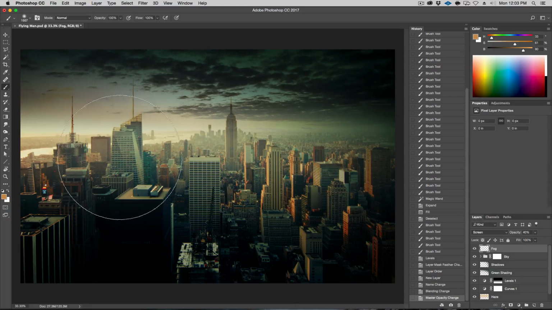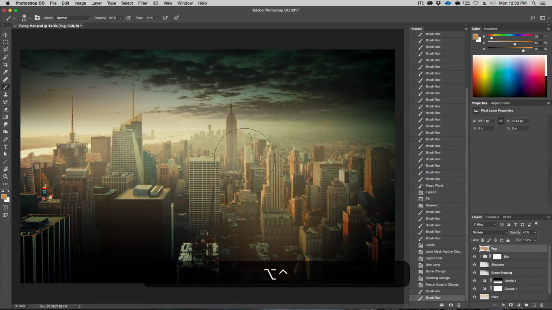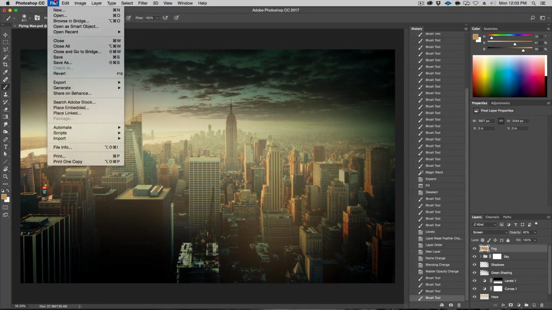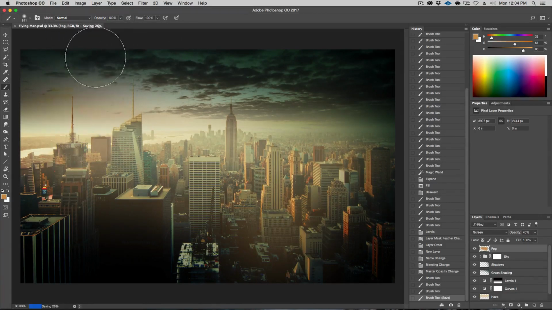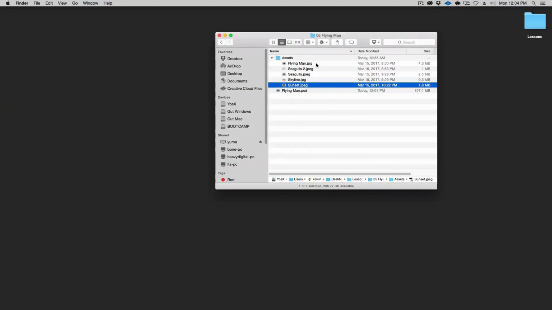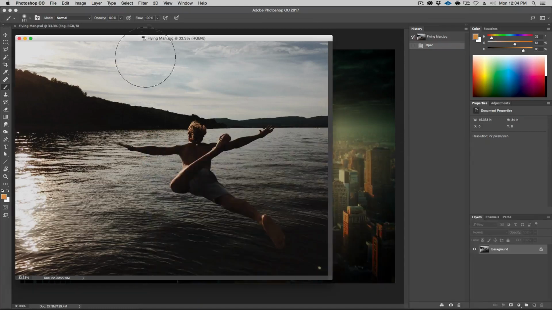Okay, and I'm gonna add a lot of fog here. I went down here, some here, something like that. So before, after. It's definitely added a foggy sort of aspect to this photo. All right, and let's just save. So Command S or Control S on a PC, and let's take a look at the flying man. That's the next part right here. You can go ahead and close the sunset.